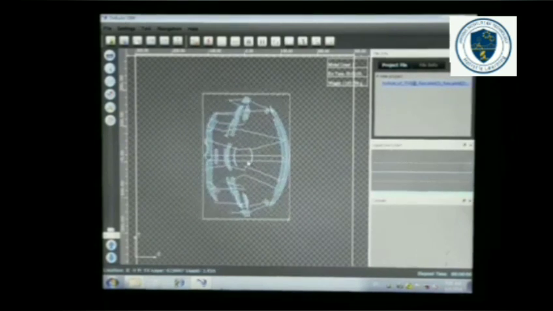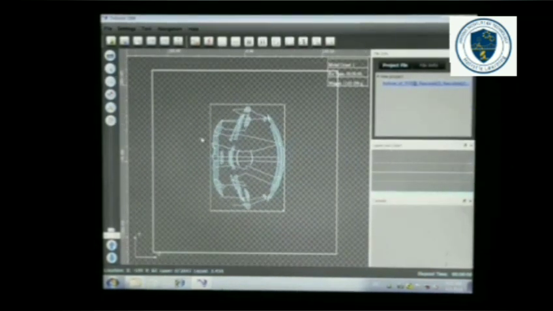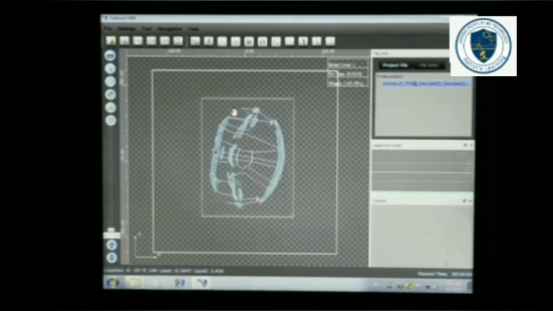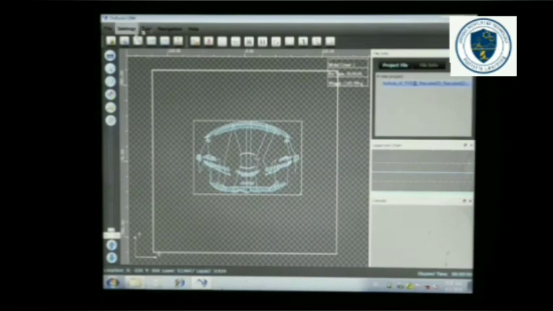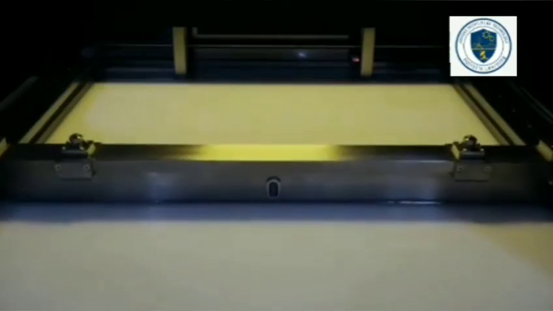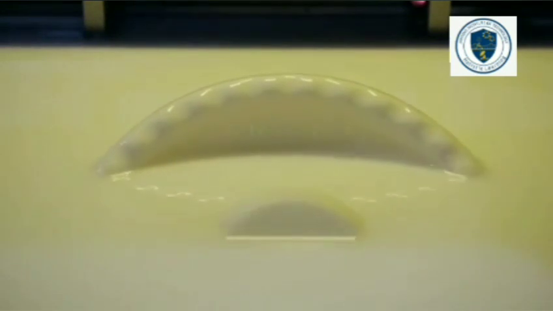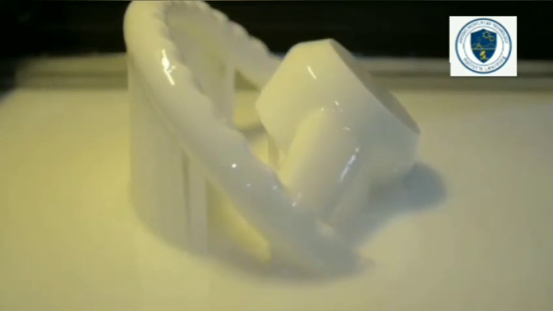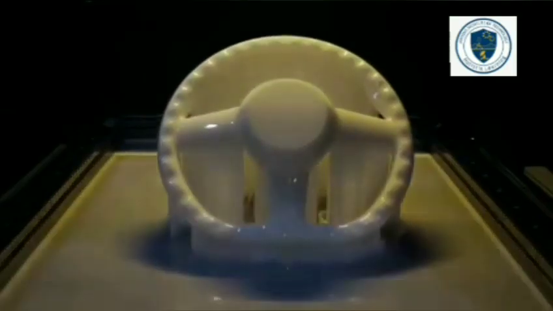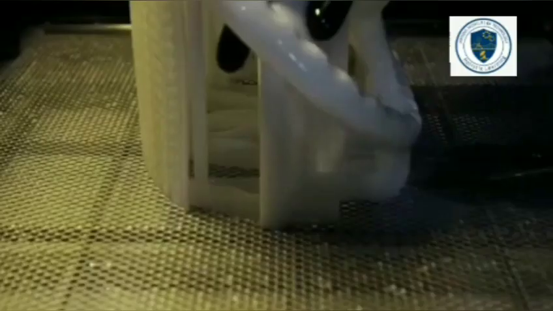You can see here part orientation is done in the additive manufacturing system. The laser started its work. The laser travels over the resin to cure liquid into solid. After the layer is formed, the recoater blade moves there and there continuously. The entire process continues until the whole model is created. You can see how the steering wheel is created with the help of the STL file.